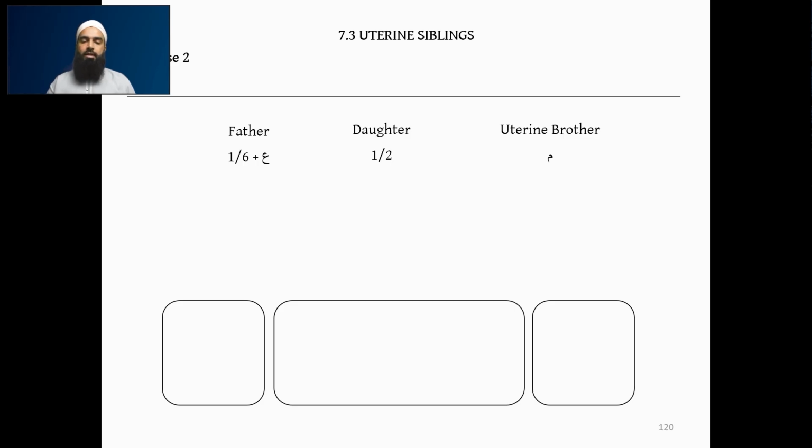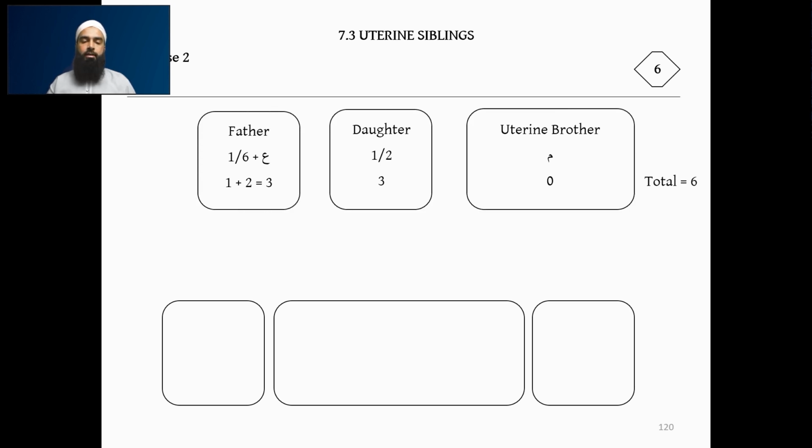So we see there's a sixth and there's a half. The half is from group 1, the sixth is from group 2. So we take the half, multiply the denominator 2 by 3. We get 6 as our divisor. The uterine brother, as we understood, gets nothing. The daughter gets half of 6, which is 3. The father will receive 1/6 of the 6, which is 1. But the 1 plus the 3 only equals 4, so we know there's 2 left over. So the father in total will receive 3: 1 for his 1/6 share and 2 for his remaining agnatic share. So here we have 3 plus 3 equals our 6, and we have given everything out correctly.